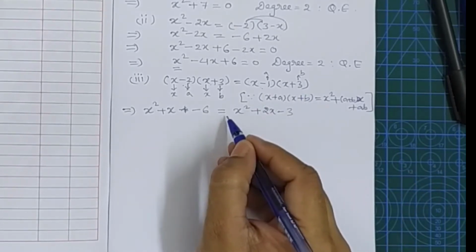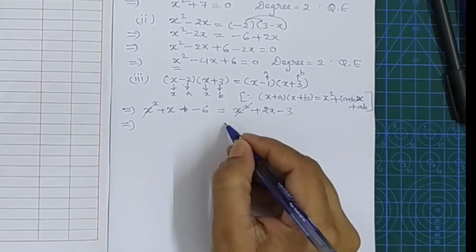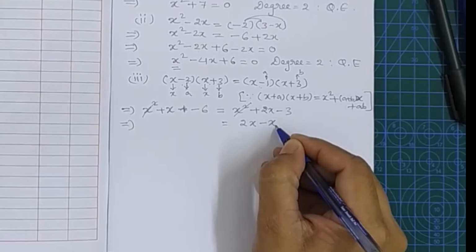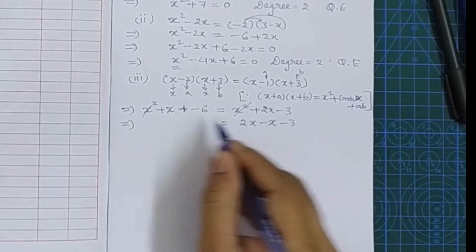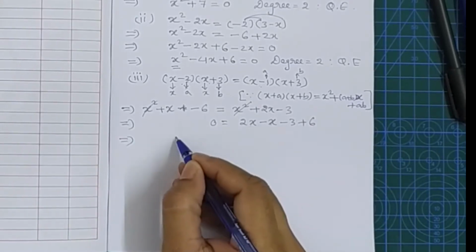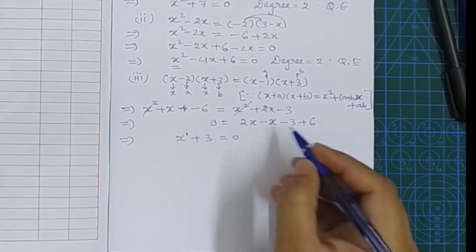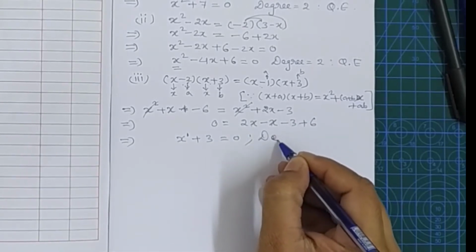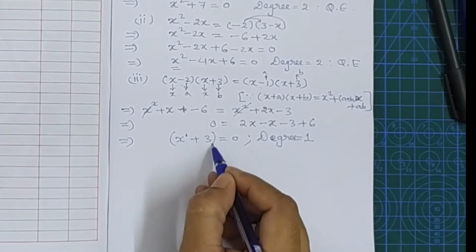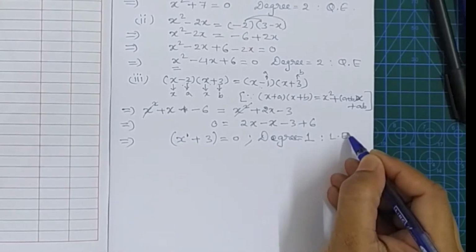Like terms with the same symbols on either side of the equal to sign, you can cancel. And then we have here 2x on the right side. Let us have it. And this plus x we transpose, and we get like this. Already we have minus 3. When we transpose, we get here plus 6. So finally 2x minus x is x. 6 minus 3 is plus 3 equal to 0. So here the degree is 1. The degree of the expression is 1, its meaning is this is a linear expression, not quadratic. So it is a linear equation.